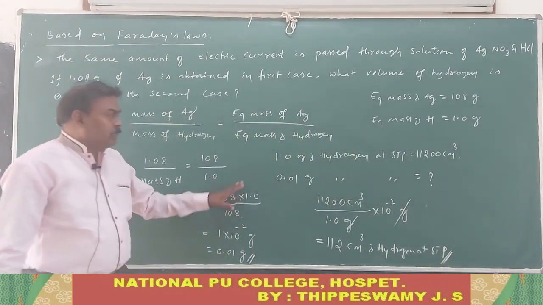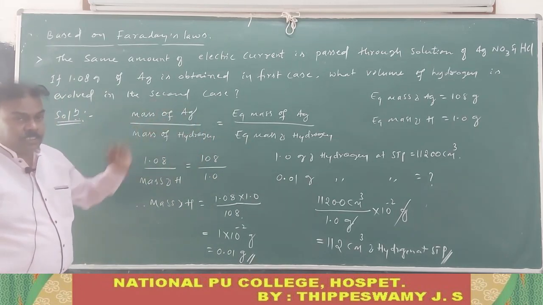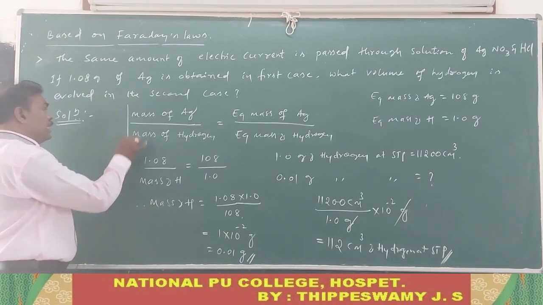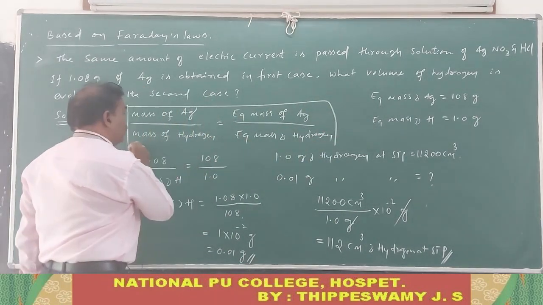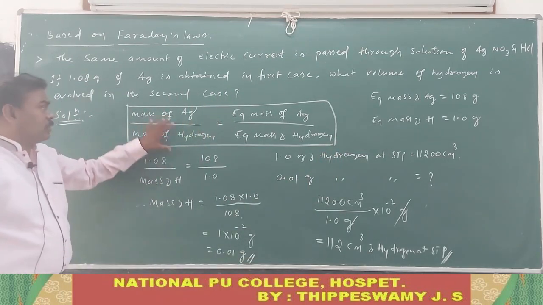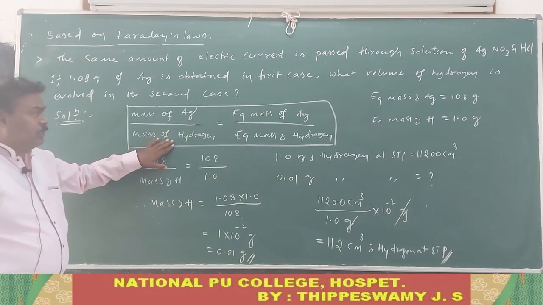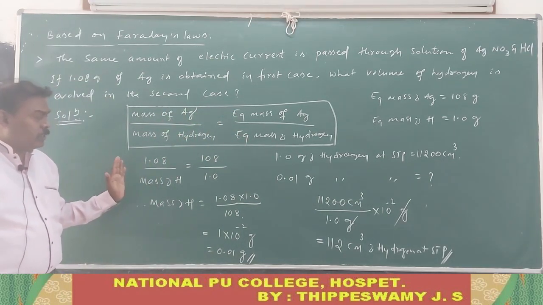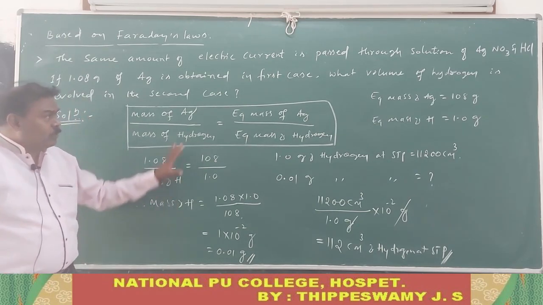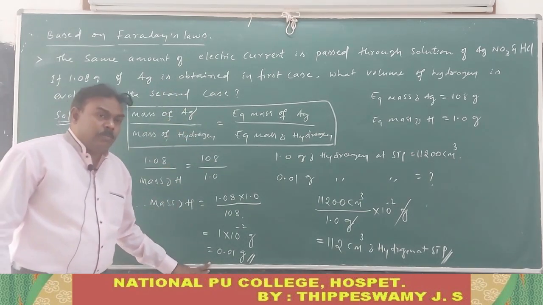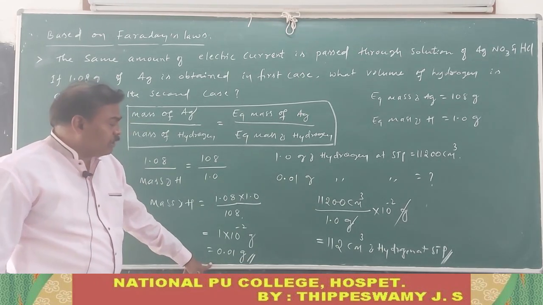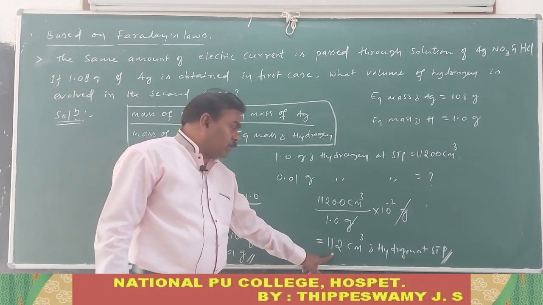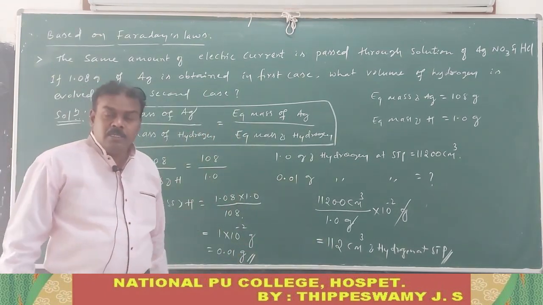Following all of you. So this is based on Faraday's second law. According to the given data, Faraday's second law can be written like this. Two different electrolytic solutions are given. Mass of silver by mass of hydrogen, we have to take equivalent mass of silver by equivalent mass of hydrogen. According to the relation, substitute the data and simplify. First we get the mass of hydrogen, then convert that mass of hydrogen into the volume of hydrogen. So finally, the volume of hydrogen gas obtained is 112 cm cube at STP.